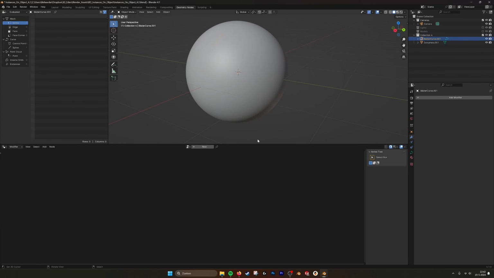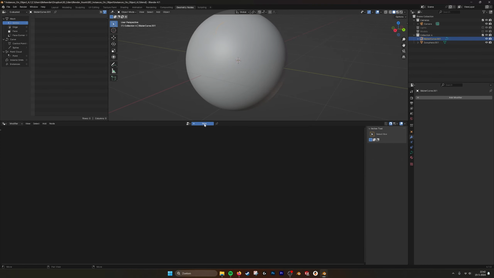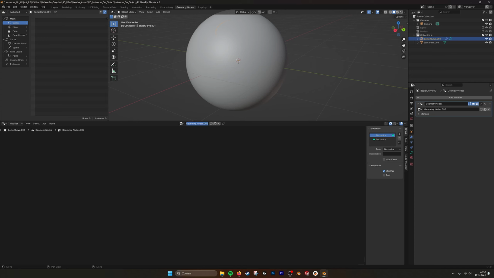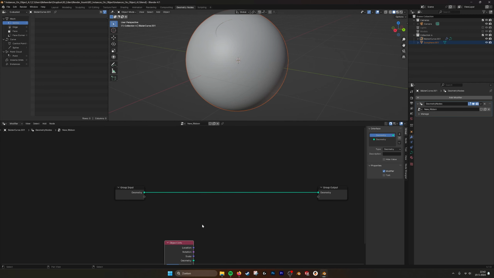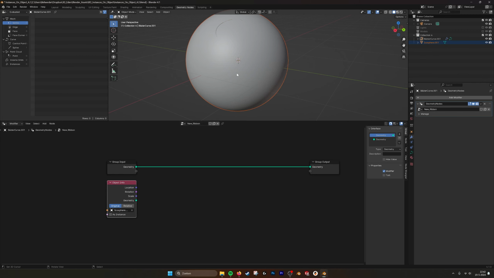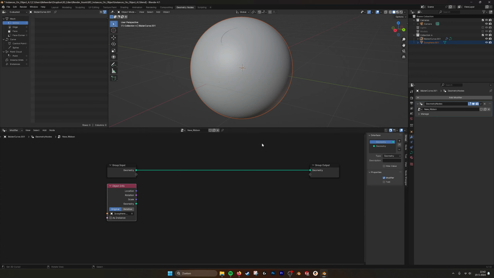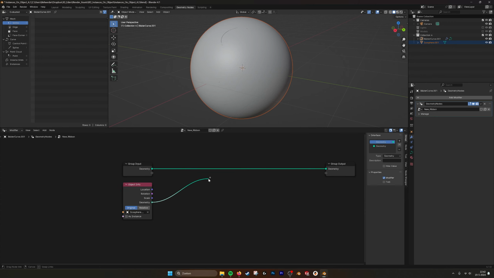that. So if we go in here, we create a new node group. Let's call this new ribbon and then go to where our nodes are. So we're going to build it from the curve. If we go in here now and we drag in our object, because we are going to project the curve onto the object, we will take a